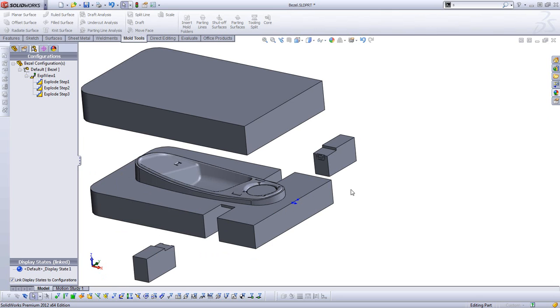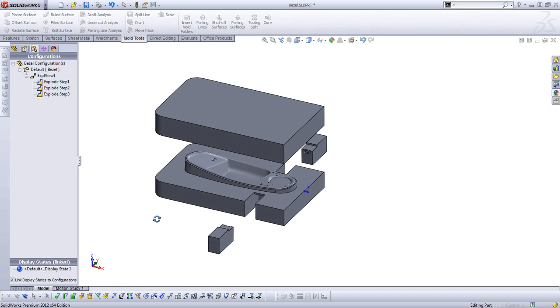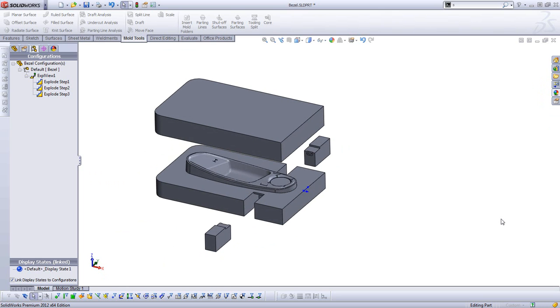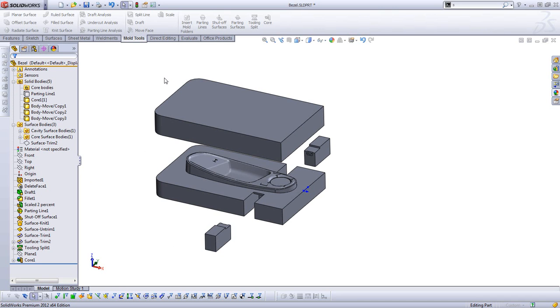So looks like we're about running out of time, so if you don't have any questions, or if you want to see something again, go ahead and let me know. If I wanted to split this out, and this would be really the final step for mold design, I would go through and put ejector pins and that kind of stuff in. But what I can do at this point, say that this is going to be my core,